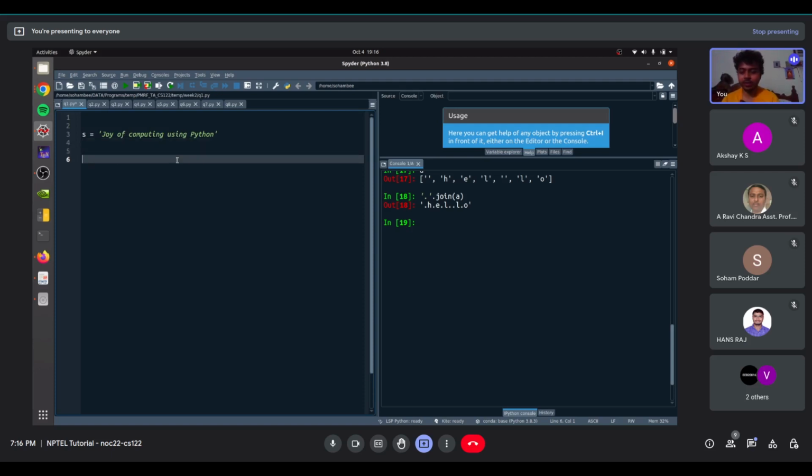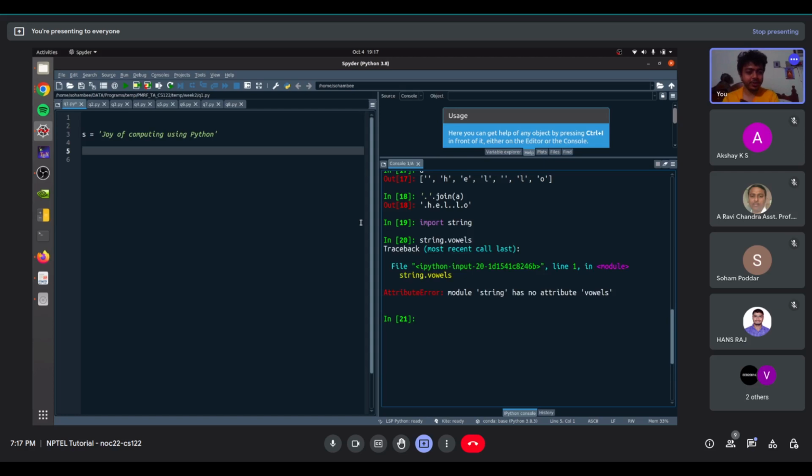One thing is, do we have string dot vowels? I don't think so. Let's see. Nope. Okay, it's okay, let's define it. We can do it in multiple ways. One simple, straightforward way would be to use string dot replace, s dot replace,